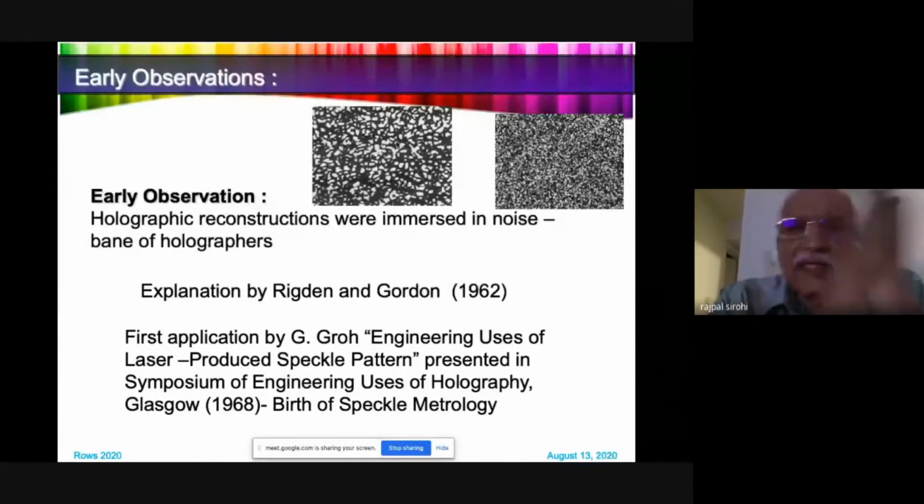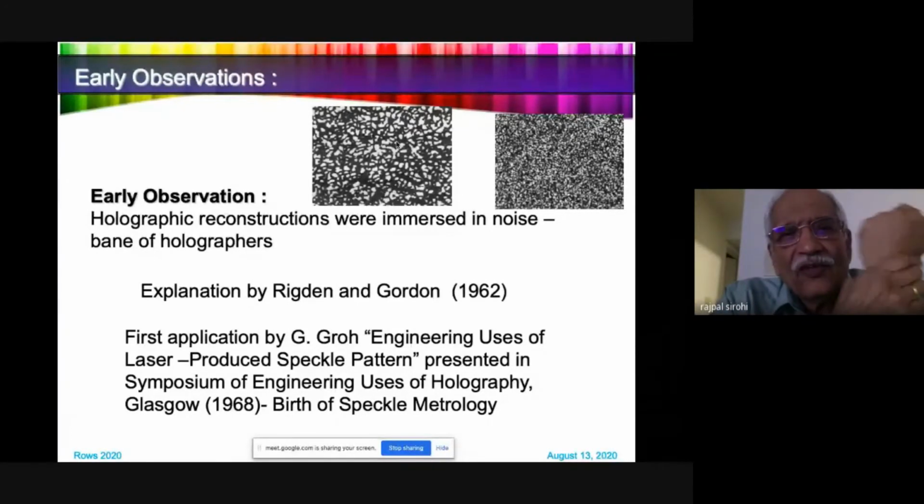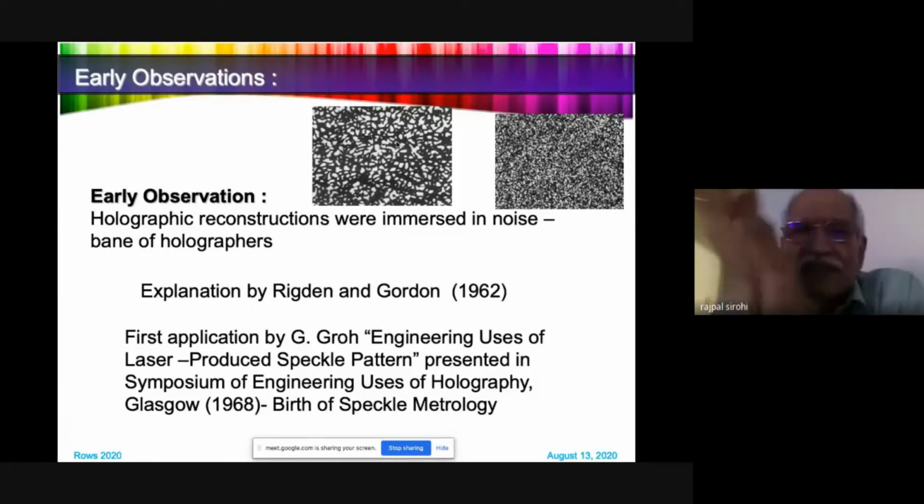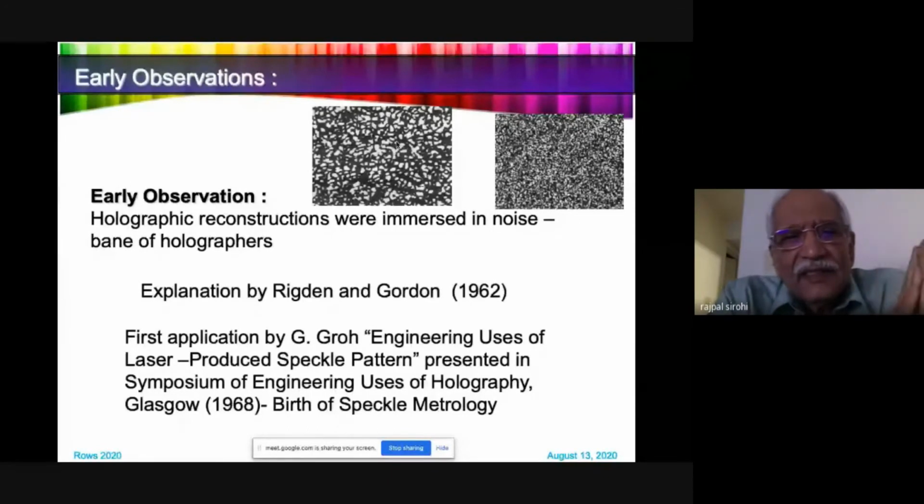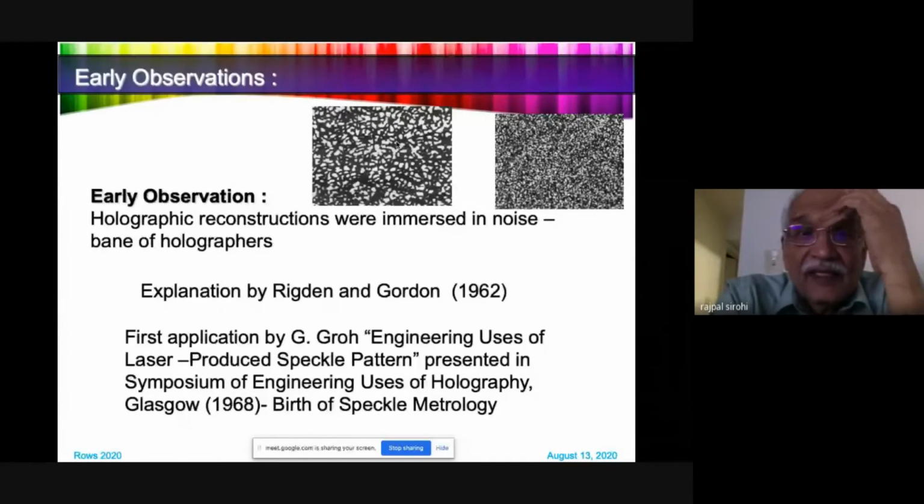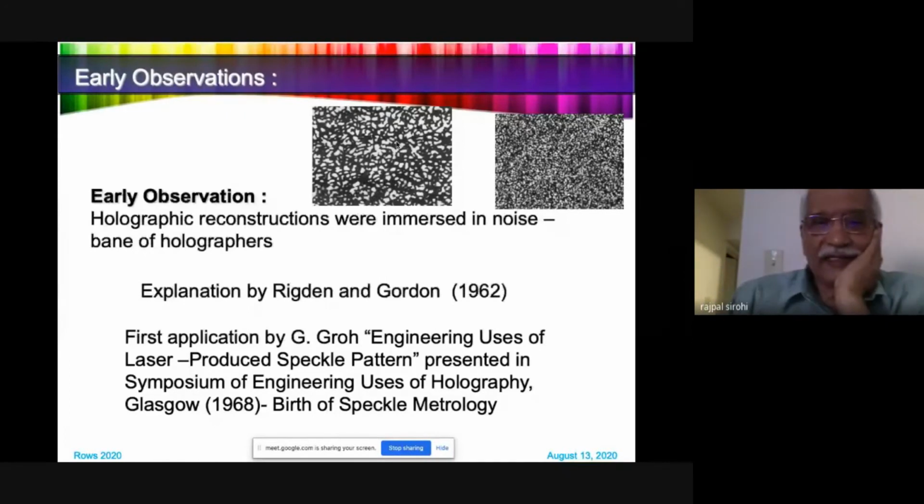So, as I mentioned, holographic reconstructions were immersed in noise. It was considered a bane of holographers. And Rigden and Gordon in 1962 gave an explanation how it is formed. And the first application of speckle pattern was presented by Grove, Engineering uses of laser-produced speckle pattern. And that emphasizes laser-produced because the speckles were observed even at microwaves and so on. And this was the birth of the speckle metrology. It's a fairly old technique now. You could say 50 years old. We can also celebrate